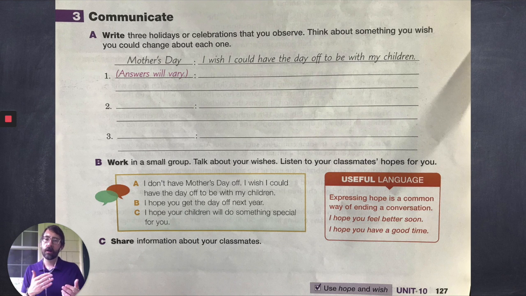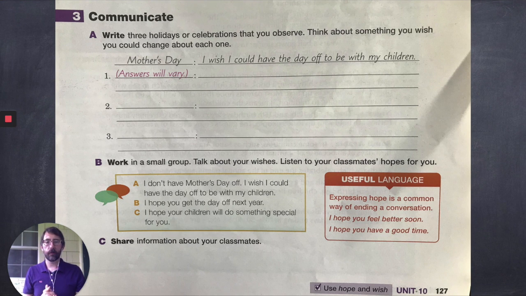So here, the first is expressing something that is not possible, cannot change about Mother's Day this year, but here are things that have not happened yet. Mother's Day has not happened yet, so here are some things maybe for next year, or maybe something that her children will do for her this year, right? So if you really want to go further and push yourself, try to have a conversation about these holidays with someone using wish and hope.